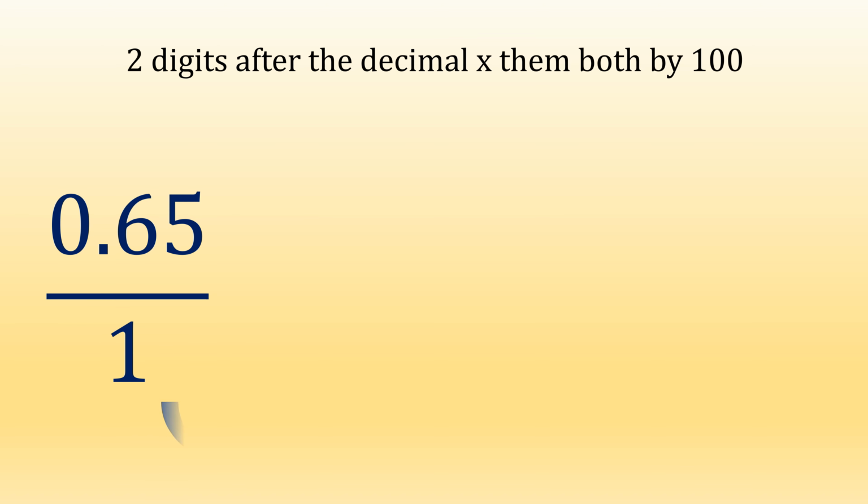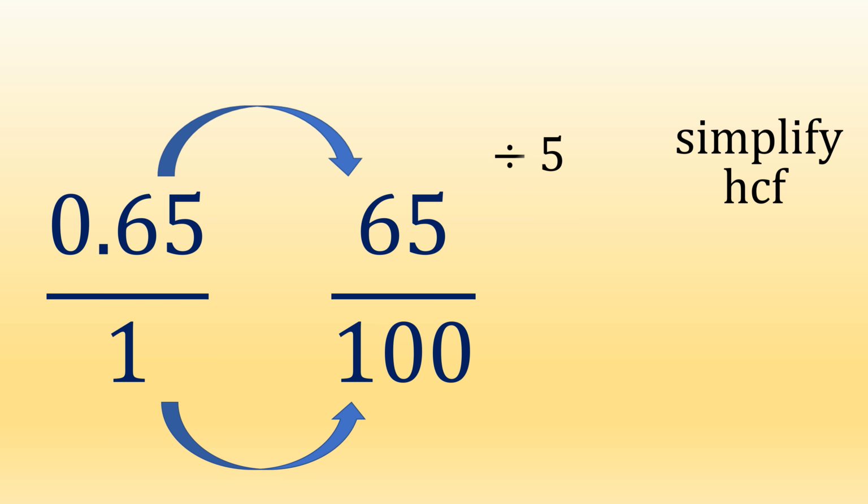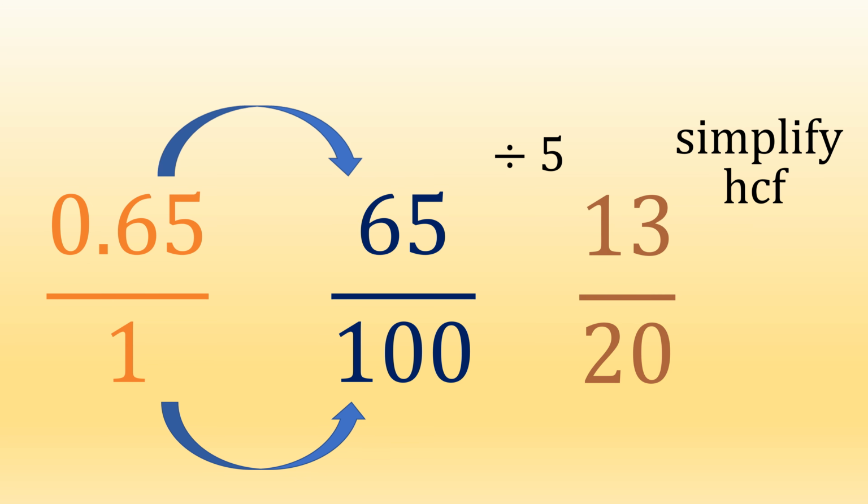Some people like to write it out with 1 at the bottom, so if you had 0.65 in a fraction over 1, and you're still going to multiply the top and the bottom by, in this case, it would be 100 for 2 digits. So that gives us, again, 100 at the bottom and 65 at the top. So we're going to simplify that down, and I would divide top and the bottom by 5. 65 divided by 5 goes in 13 times, and into 100 it goes in 20. So